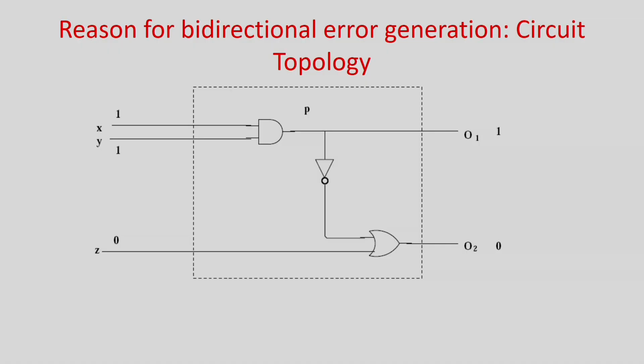And then there is another direction of research. We try to design circuits which will not have any kind of bidirectional errors. Right? So first people try to find out why these bidirectional errors occur. We are taking a very simple circuit with an AND gate, NOT gate, etc. So these are the inputs and these are the outputs. Very easily you can find out: 1, 1, the answer is 1. For the inverter, 0 gives 1, and 0 or 0 is 0.